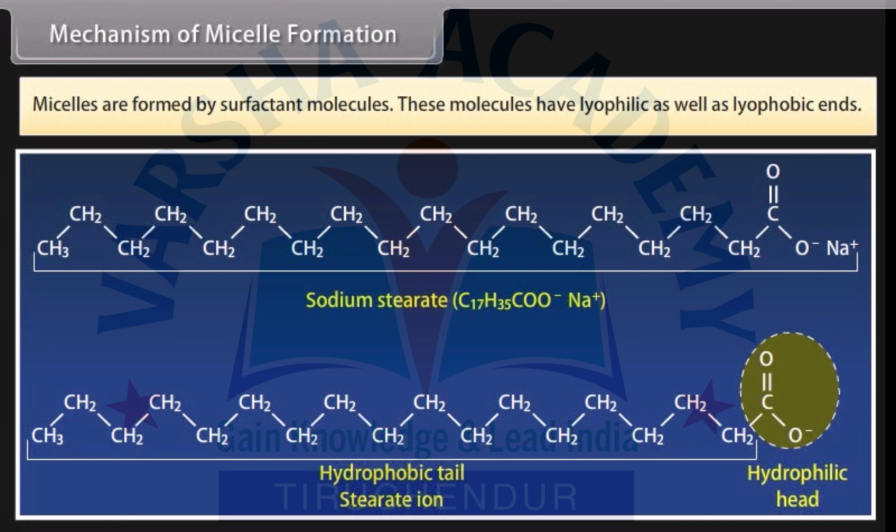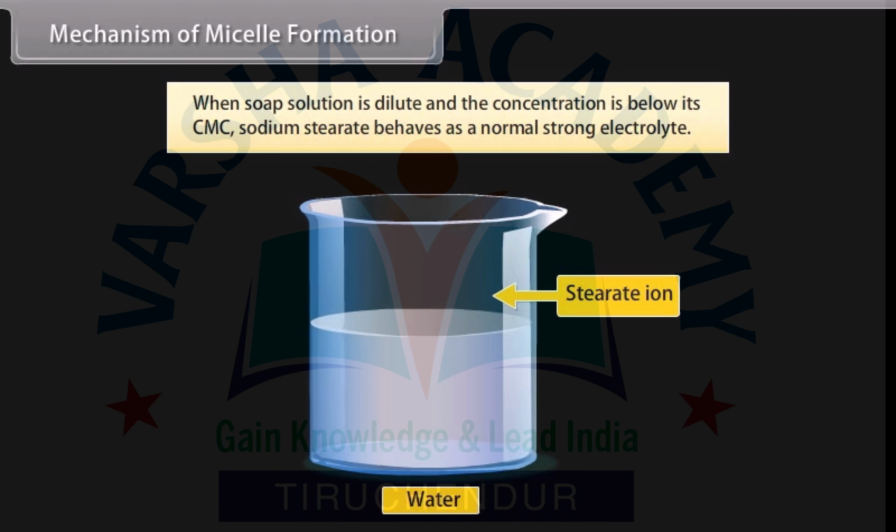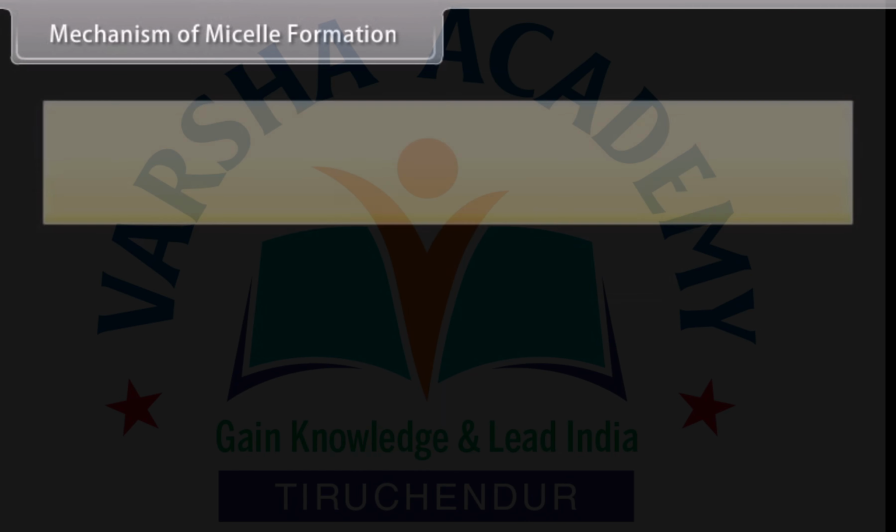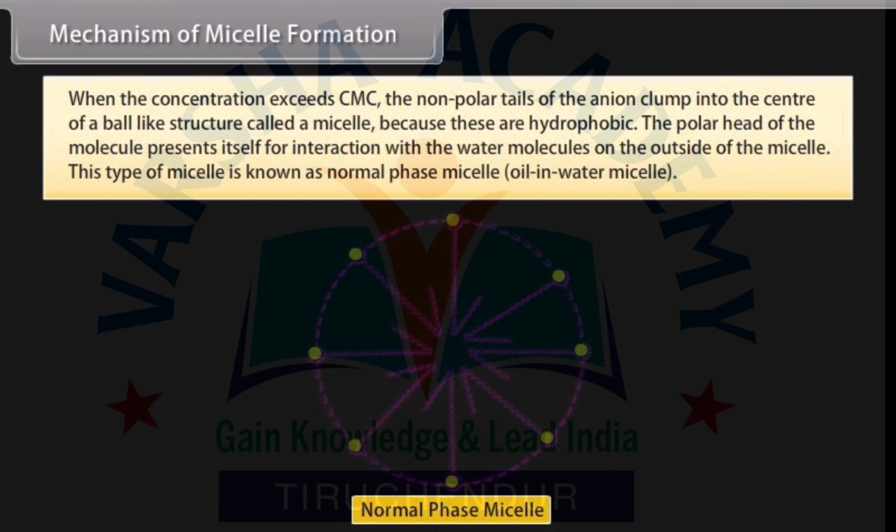For example, sodium stearate. When soap solution is dilute and the concentration is below its CMC, sodium stearate behaves as a normal strong electrolyte. When the concentration exceeds CMC, the non-polar tails of the anion clump into the center of